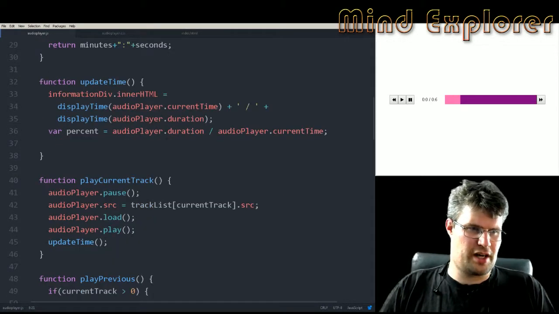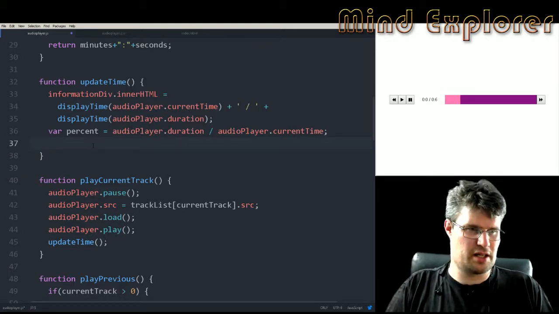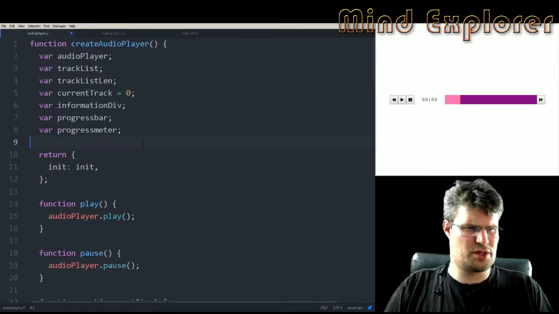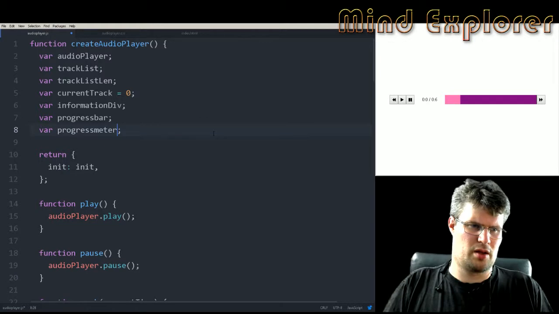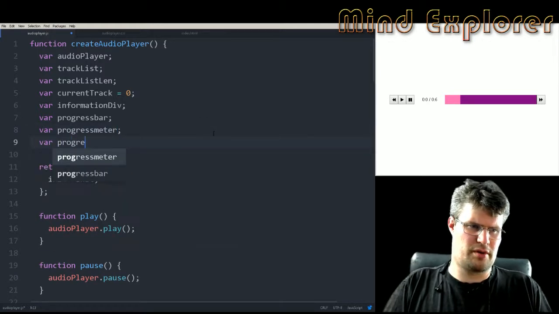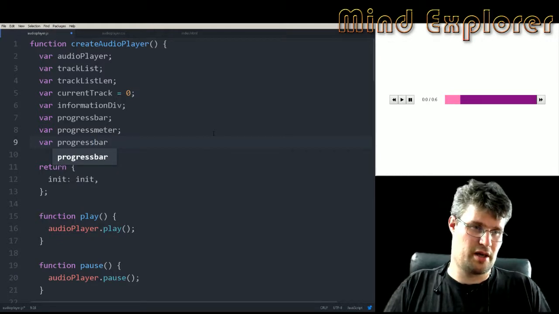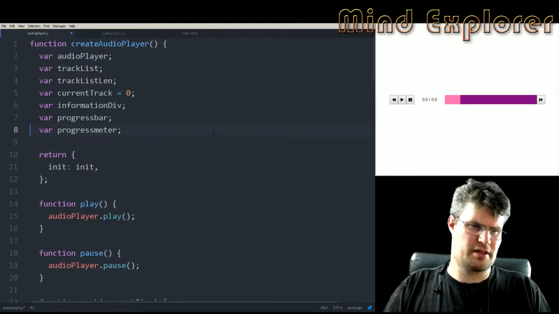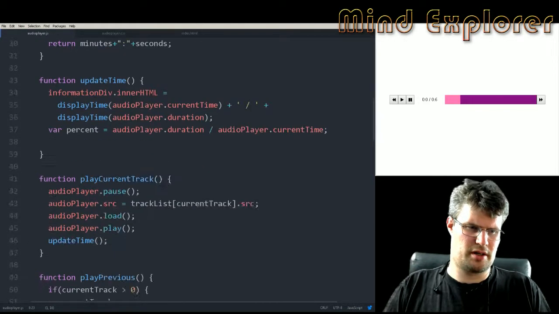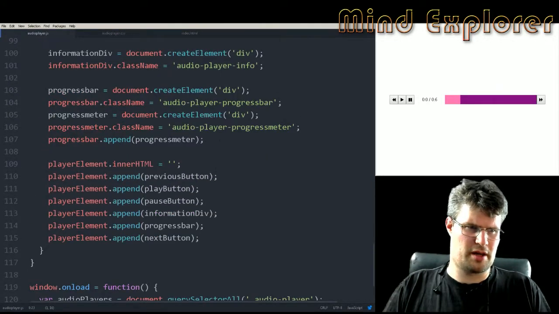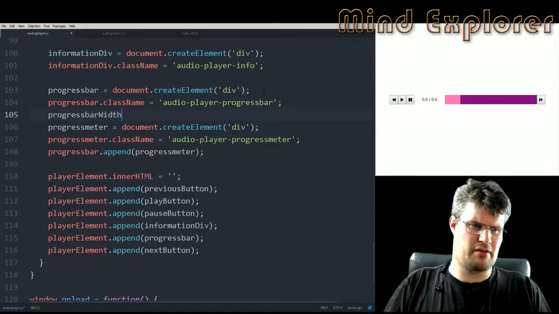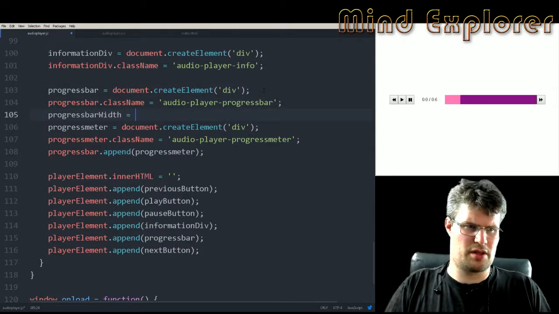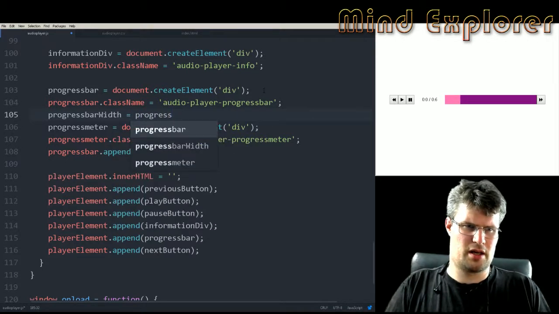And if we have those defined, I think we should also, when we create this progress meter, have a progress bar width, so we know how large the progress bar is. So progress bar width, let's go down here to the progress bar. So when we have created that, we will put progress width to progress bar